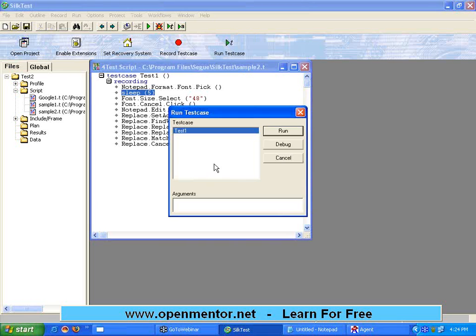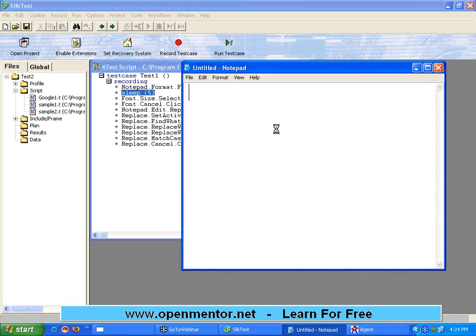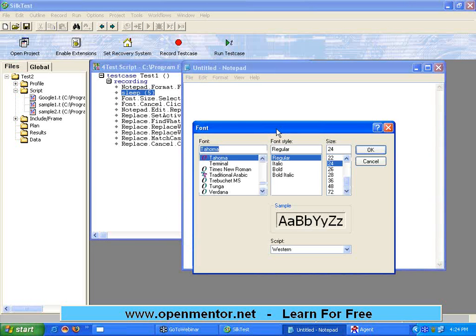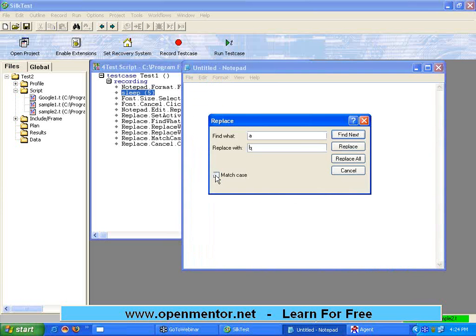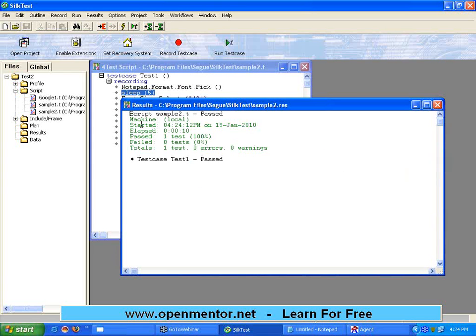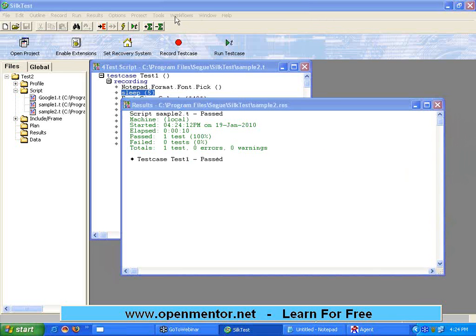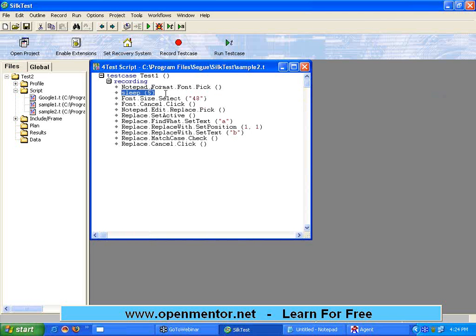Now I try to run, okay? Let us watch. Now it is able to run. You could see the font window coming up. It is working fine. Now it says the test case passed. Probably you might not have seen that in full action because in front of my eyes I have everything running, but my screen is shown over the internet, so by the time your screen is refreshing, you may not see the actual action. So to make sure that you see that, I give this sleep 5 seconds